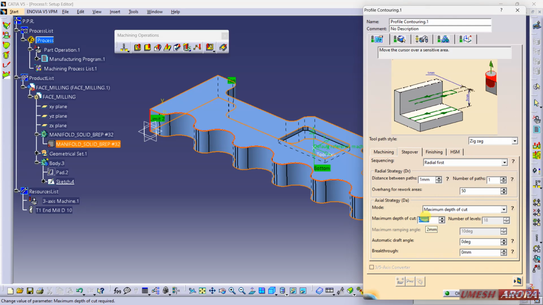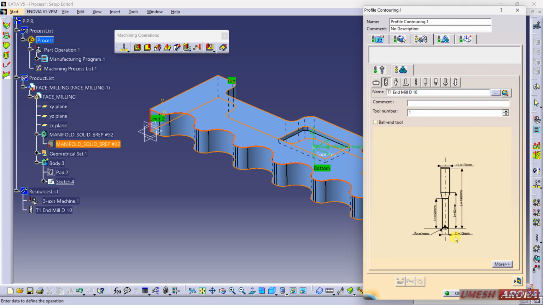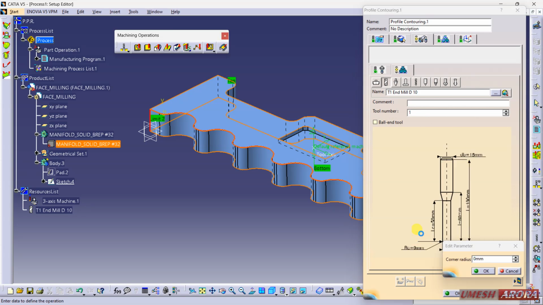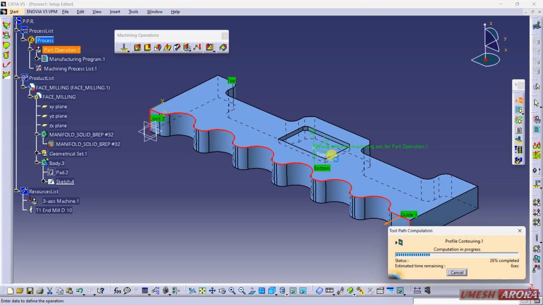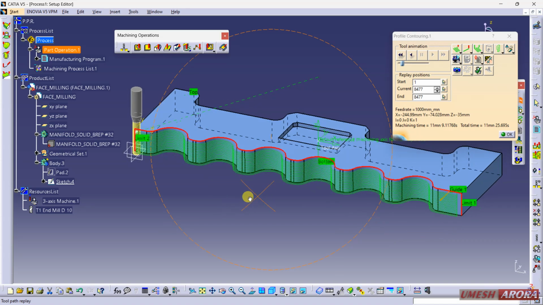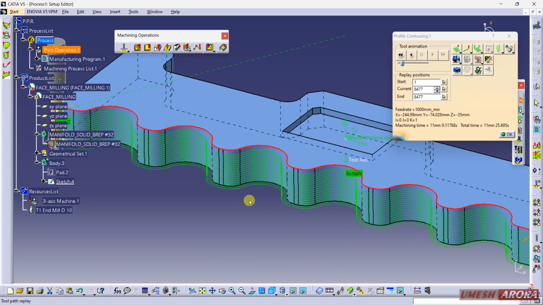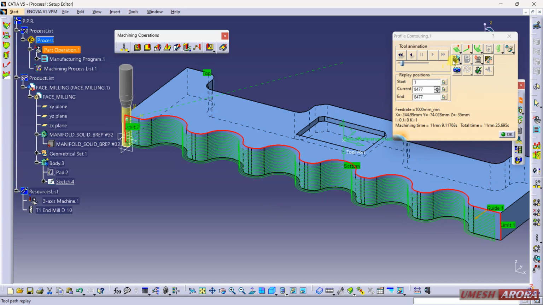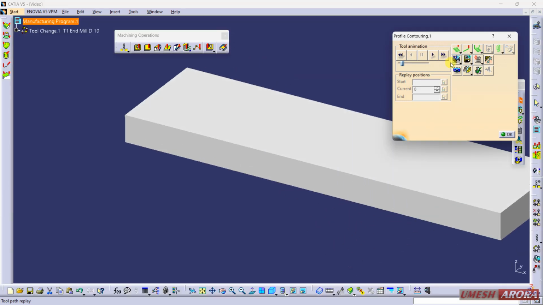For this training purpose I'm using 2, and my tool is end mill 10 and calculate. If it is in z direction, that means it is a depth of cut. These are the levels, right? Let us simulate. Click here and replay.